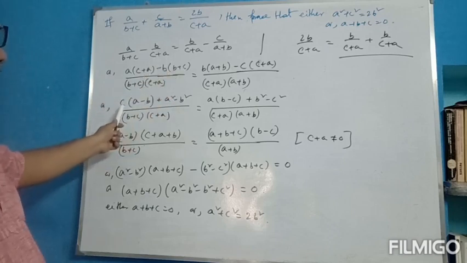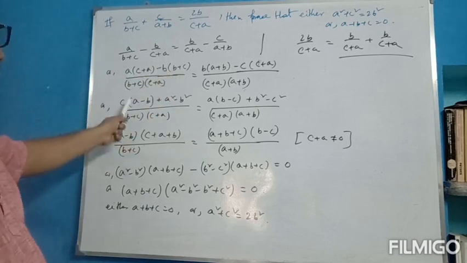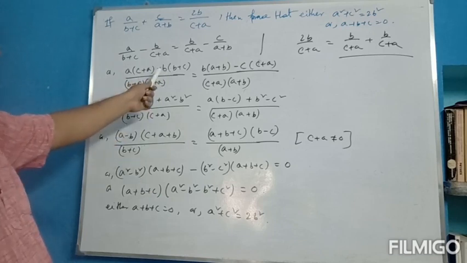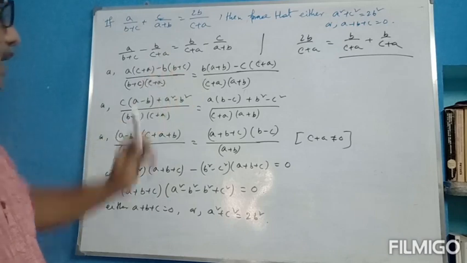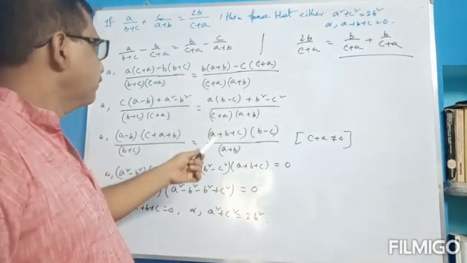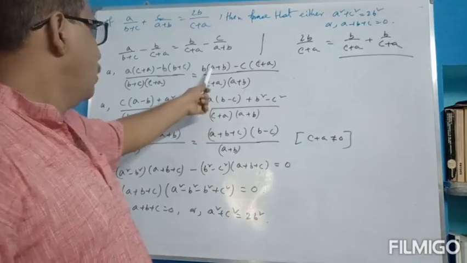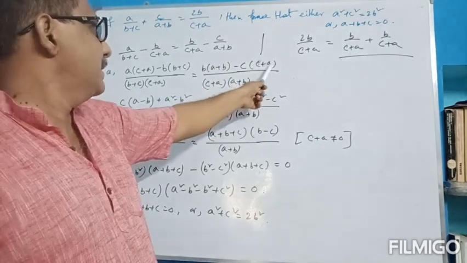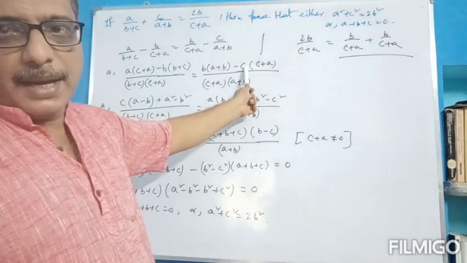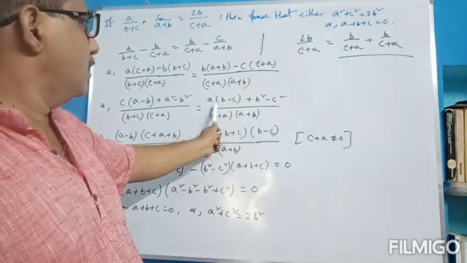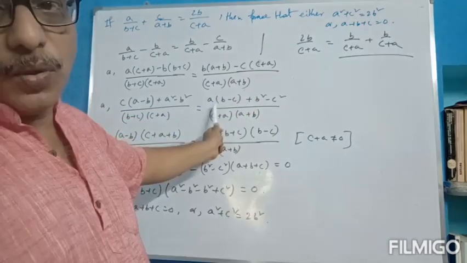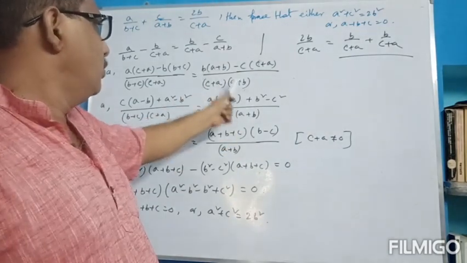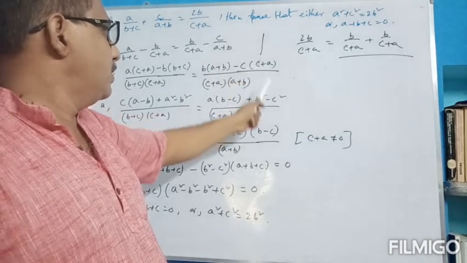So if we take common c, then we get from this a and from this b, and a into a plus a square minus b into b minus b square. In right hand side also, a is common, so a into b, and ac minus ac, a into c, that is minus ac. So if we take common a, then we get minus c, so a into b minus c. And the remaining part, b into b, that is plus b square, minus c into c, that is minus c square.